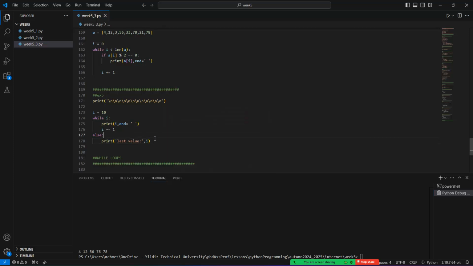What's the output of this code? See, i started with what? With 10, right? And so 10, 9, blah blah blah, the last value is 0 because i is not equal to 0. The condition is applied in here. These are identical. This one is equal to what? To this one, guys. Okay,